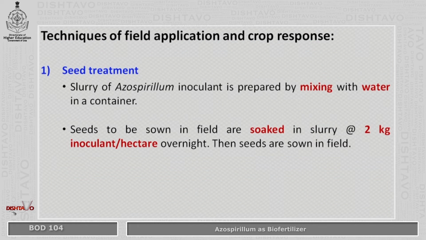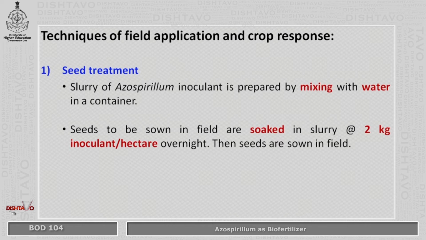Coming to the techniques of field application and crop response. Azospirillum inoculant can be applied either as seed treatment, seedling treatment or top dressing. Coming to the first one, that is seed treatment. A slurry of Azospirillum inoculant is prepared by mixing with water in a container. Seeds to be sown in the field are soaked in slurry at the rate of 2 kg of inoculant per hectare overnight. Then the seeds are sown in the field the next morning and the remaining slurry is sprayed in